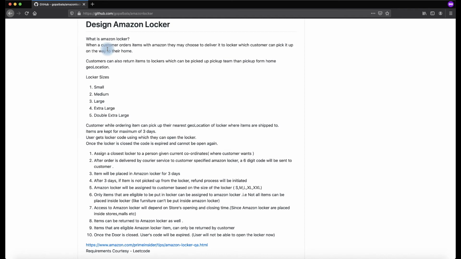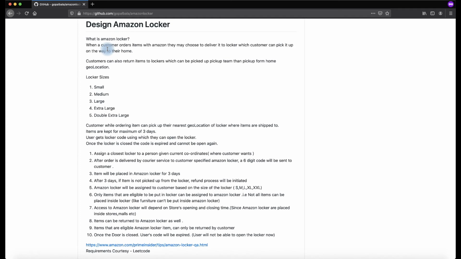Usually the pickup happens from the delivery location, which is very difficult for working people. So customers can go and find the nearest locker location, and they can place the item there, so that the delivery person or the person who takes in the return can pick up from the locker location. So goods can be delivered to a locker and goods can be returned to a locker. So a locker is a storage place where somebody can get or put items. That's how we need to assume.